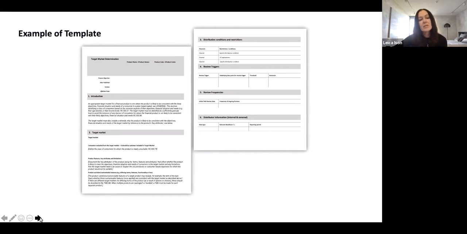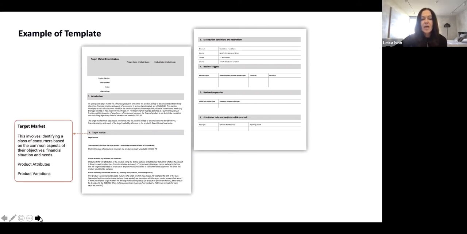So let's just have a look at an example here before we do the walkthrough. In this target market determination template, we start off with setting that target market. So we know we're looking at the customer characteristics, and really the purpose of this section for our product teams is to understand our customers. And again, this is a core product management activity, understanding those customers, their characteristics and their needs, and you'll be doing that in your segmentation.